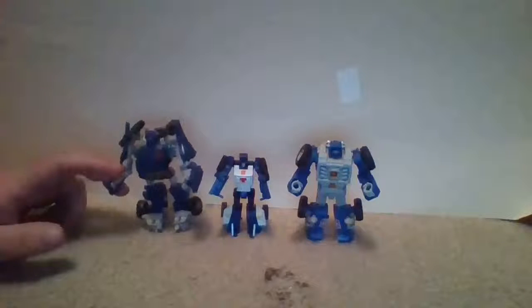So left to right, this is the order of the 3 toys of Beachcomber that I have in my collection. The Revenge of the Fallen version was the first Beachcomber toy I purchased in 2008. I then purchased the Universe Legends class version in 2009, and then finally I believe it's the Titans Return version of Beachcomber, or was it Power of the Primes? I can't remember, but this guy was released last year, I think, in the Power of the Primes toy line. Could be wrong, I think it was Titans Return, but regardless,